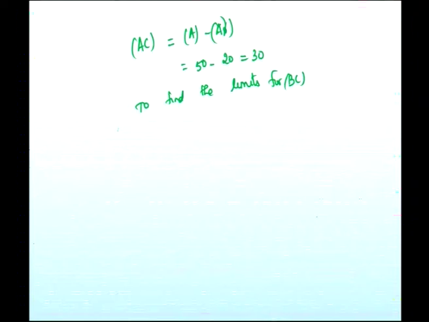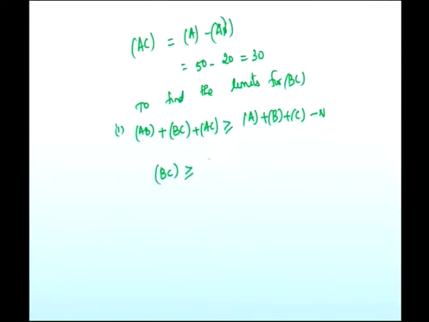Okay. First, using the conditions AB, using the criterion for consistency, we have AB plus BC plus AC is greater than or equal to A plus B plus C minus N. We have got all the values, so therefore we need only BC. BC is greater than or equal to A is 50 plus B is 60 and C is 50